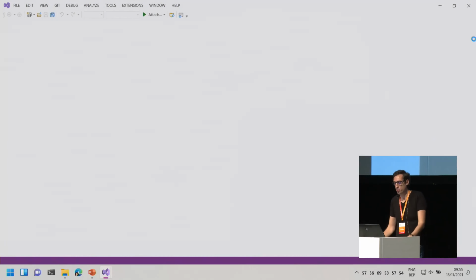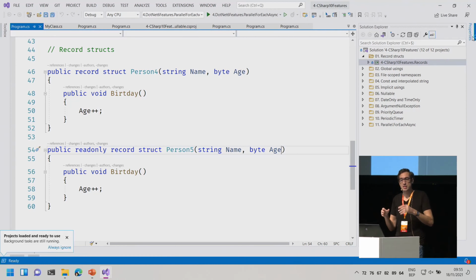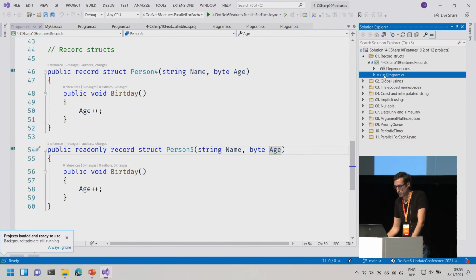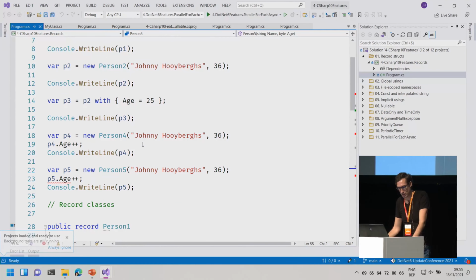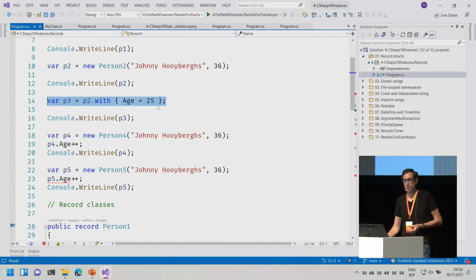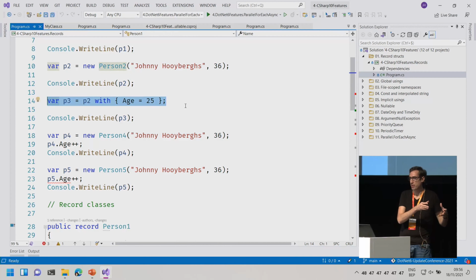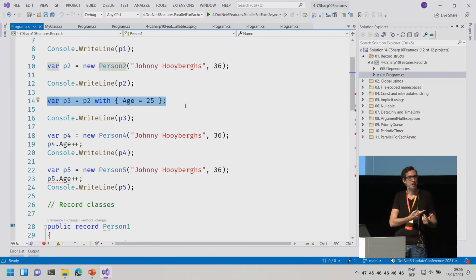But something that I didn't show you, and I'm very quickly going to show you, is that the powerful thing of records is that you can easily copy them into new objects because they are immutable. When you want to create a copy of it, it's very easy. It's just one line of C# code. So here, if I have one person, which is myself with my age, and I want to create a younger version of myself, I can do var person3 equals person2 with age 25. And this will copy the previous object and it will change that age into 25.